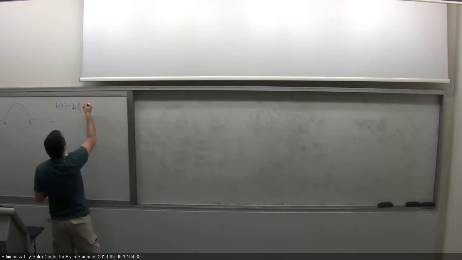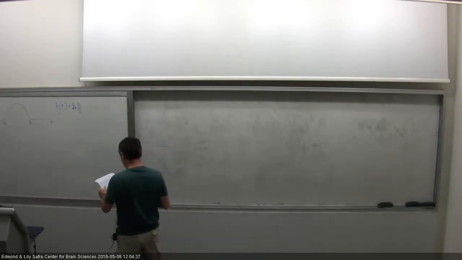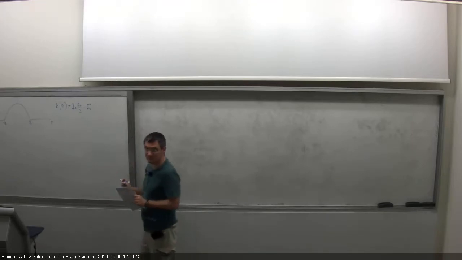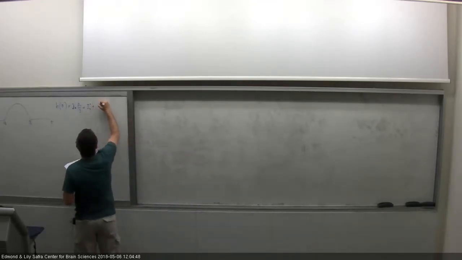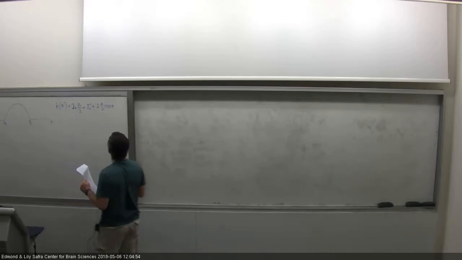Now, in general, this could be a function of time, but we're thinking about the stationary solution, plus the homogeneous external input, plus J1 A1 over 2 cosine of theta,